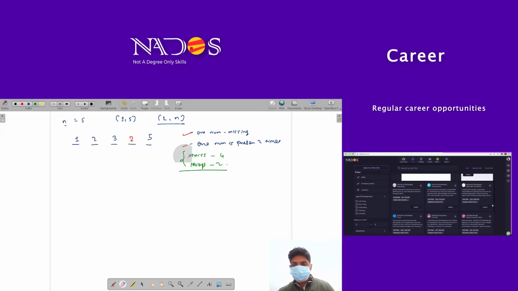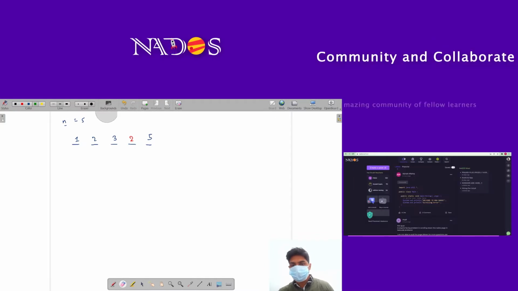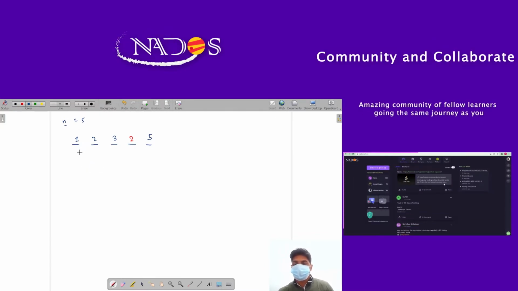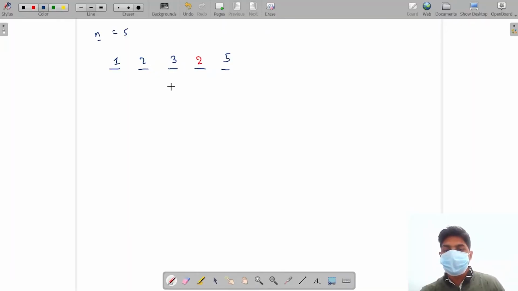Okay, so for the same problem, let's suppose this was given to us. So how can we find out which number is present multiple times and which number is the missing number? If we see this problem, it will be very difficult to find out which is present two times and which number is missing only by using this set of numbers 1, 2, 3, 2, 5. We will not be able to apply any of the bit manipulation tricks or concepts directly on only this set of numbers.